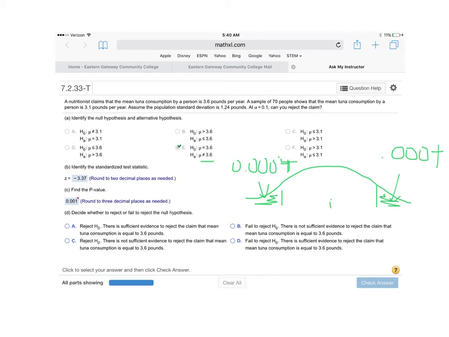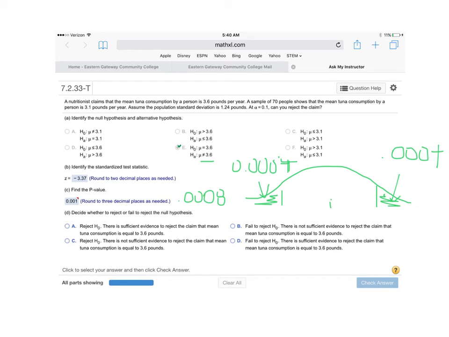So what you basically have to do in a two-tailed test is double the value you get in your table. So if I double 0.0004, I get 0.0008. And in Part C, it says to round to 3 decimal places as needed, and therefore that would in fact round to